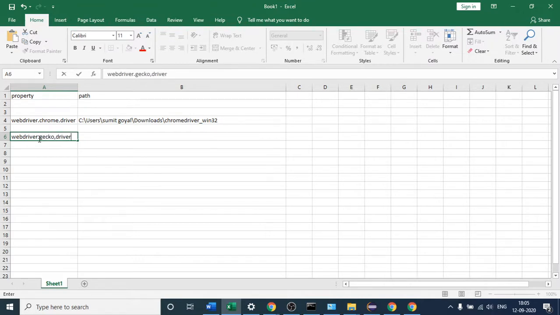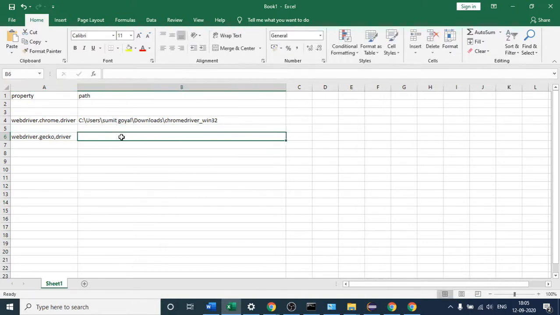The guy who developed the Firefox browser is also not allowing Selenium to directly run his browser, but he has provided one .exe file for that, and that file is gecko driver. Just like Chrome driver, here the file name is geckodriver.exe for Firefox.